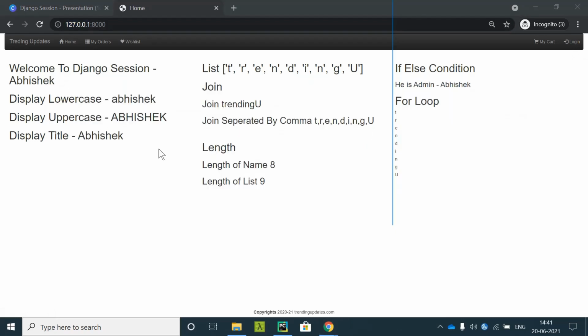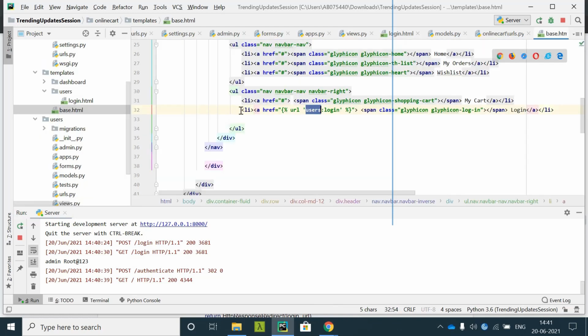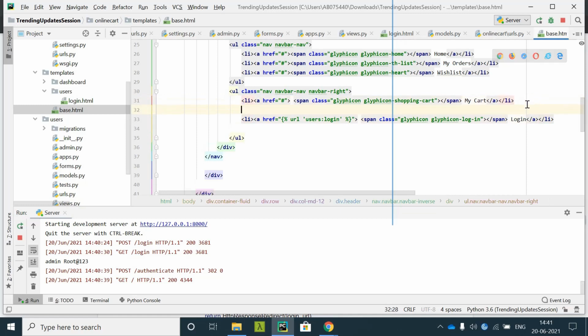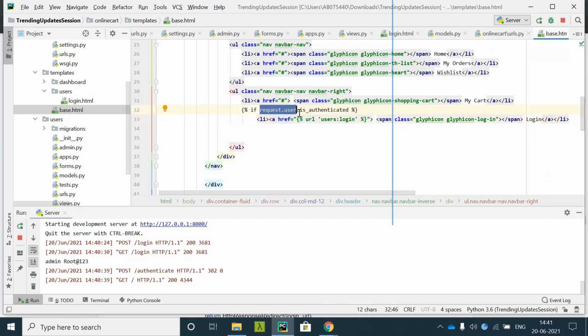So what you need to do is, in the base.html where login is there, I'll use if request.user.is_authenticated, then display this. I need to display the username of the user who is logged in.